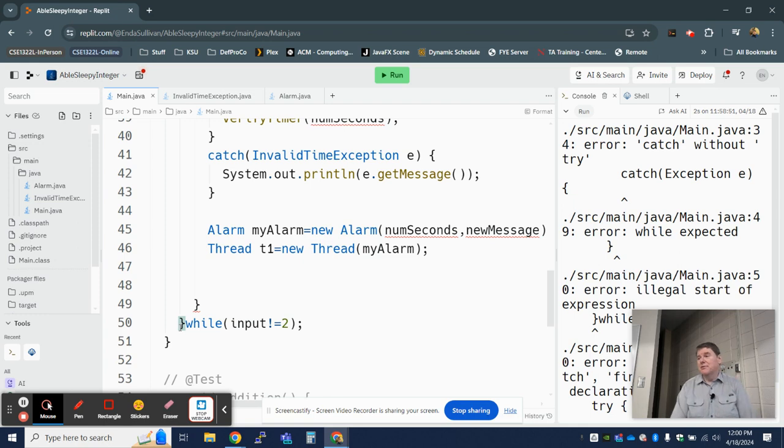Rather than me sitting here and debugging this for the next 5 minutes, I'm going to stop and ask if folks have questions. I'm going to stop the recording at this stage, if I can remember how to do